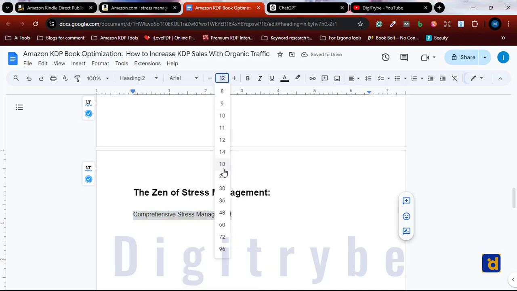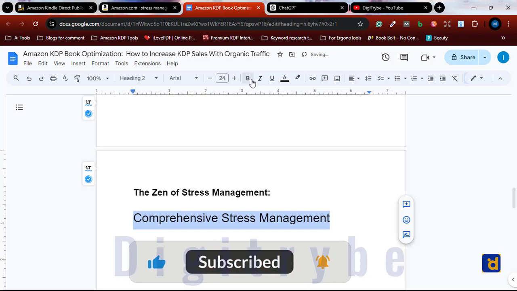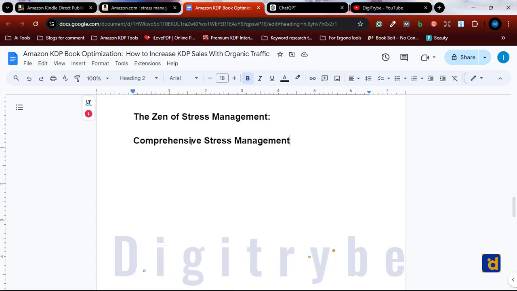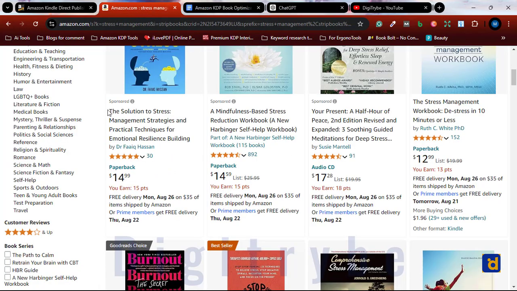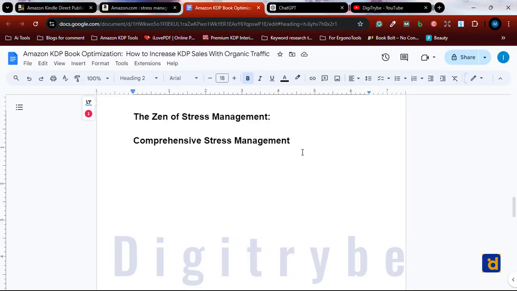So let me just make this bigger. All right, so I have comprehensive stress management. So let's go back. We have what? Let's look at this one, stress management solution. I like this, so I'm just going to copy that and paste it here. So let me remove that, do this. So now I can look at this and say, all right, so I can see this. Just look at what I want to do here. I'll take this, the comprehensive